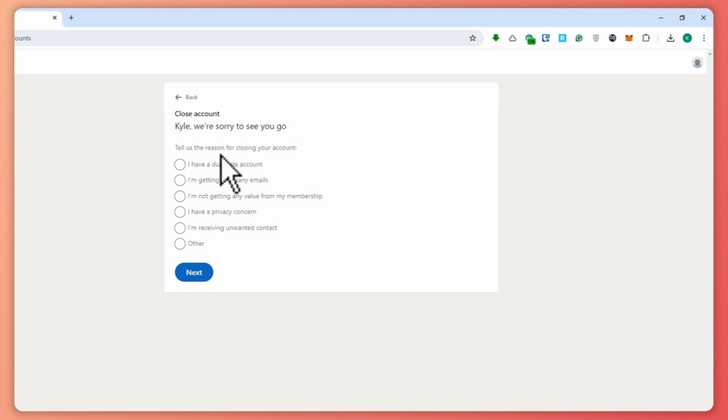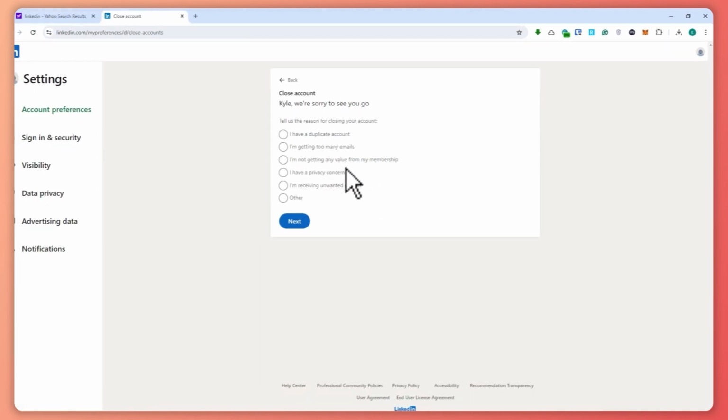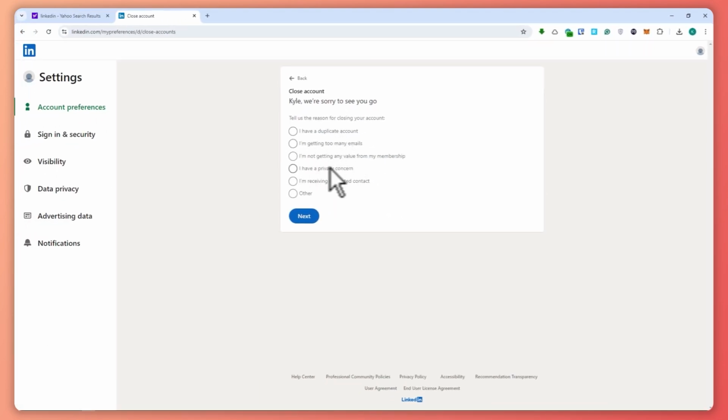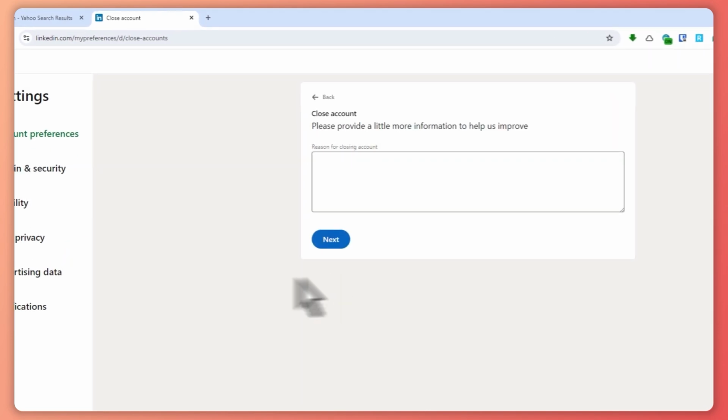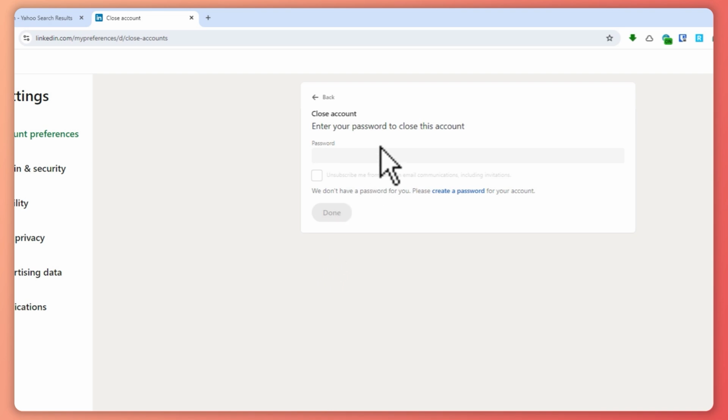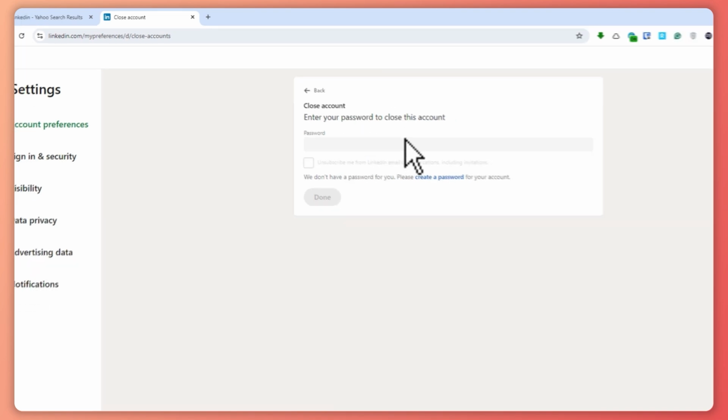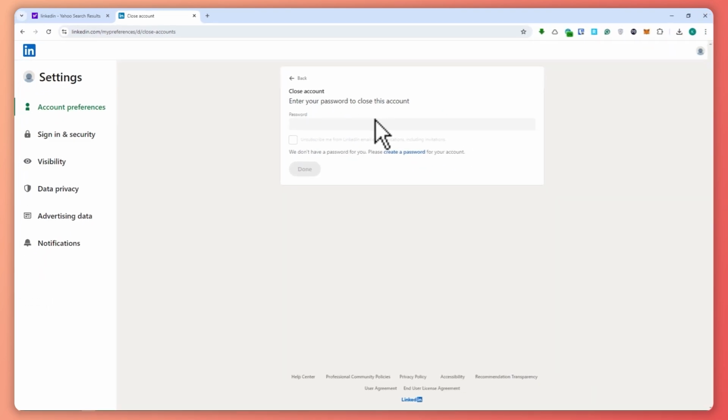And from here, you want to tell them the reason why you're closing your account. In my case, I'll just go for other right here and click on next. And then I'm just gonna go for something random here and click on next right here. And then you would have to provide your password to close this account. So once you have provided your password, and then from here, when you tap on done, your account will now